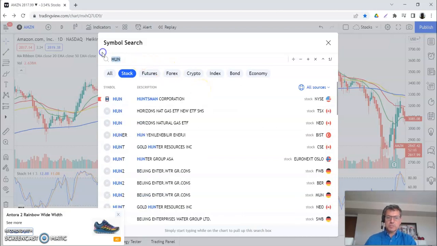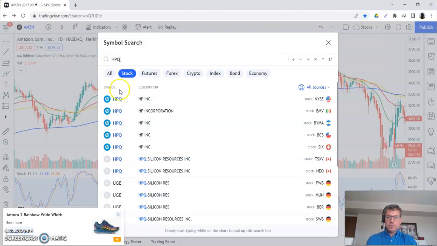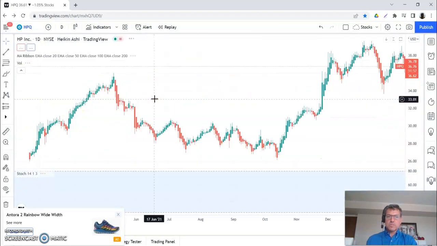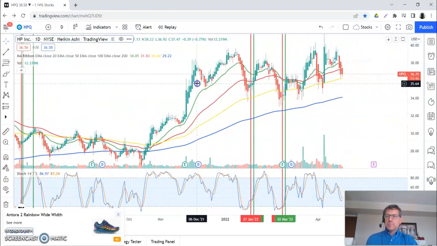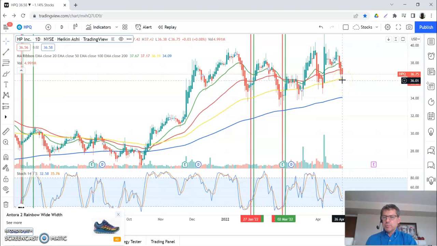Let's try another one. HPQ. I think that one is, wait, actually, no, that was an S&P stock. Okay, so let's go ahead, and now we have HP, Hewlett Packard. So we can look and say, well, I really want to buy Hewlett Packard. I like the company. I like what they do. They have a good price to earnings ratio and all this good stuff. So now I want to see where it sits and how closely it follows